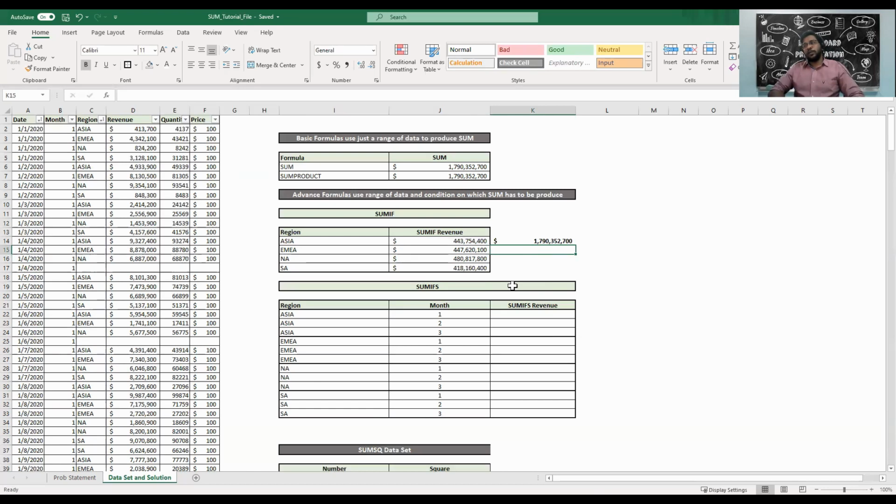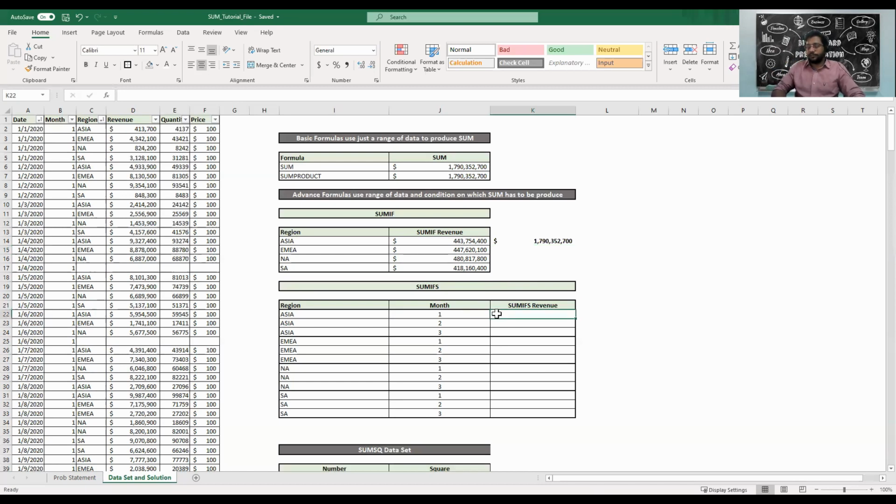Now we know that everybody is doing a similar business in terms of region. Every region is doing somewhere around 40 to 50 million. So now we want to see the distribution in months. In each month, how they have performed. Are their sales growing or decreasing? So how do we know that? We will need the sales sum or revenue sum on a monthly basis for that region.